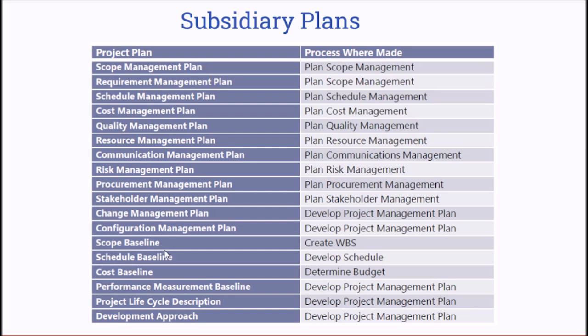The cost baseline, the scope baseline, and the schedule baseline come from different processes. For the scope baseline, when you create the WBS, you come up with the scope baseline. Also, when you are developing the schedule and you consider all of the activity sequences and other related schedule and timing activities, then you come up with the schedule baseline. Determining the budget is one of the key processes involved to output the cost baseline. So you need to have a look at all of these, which we are going to cover in more